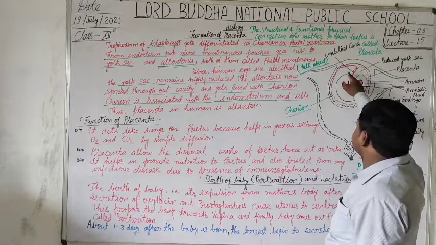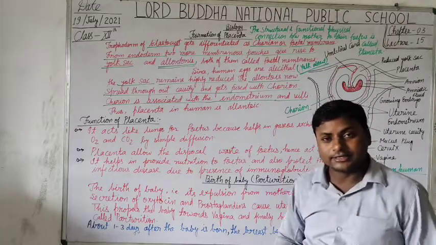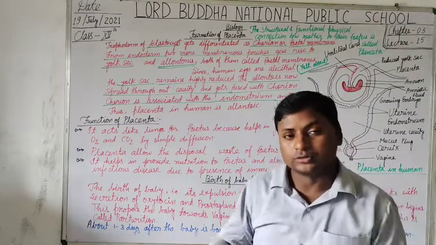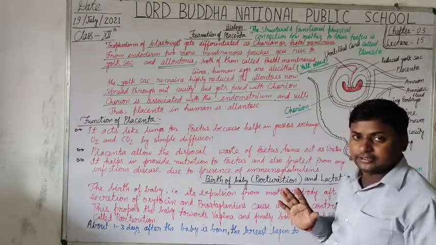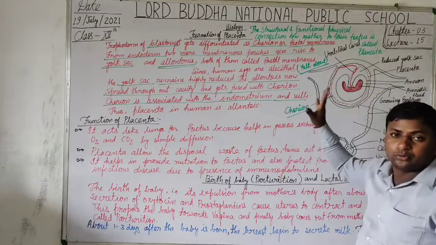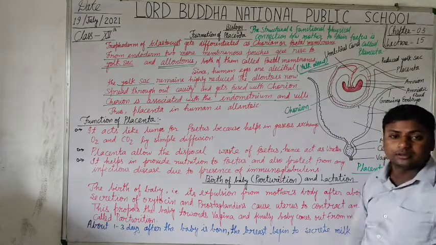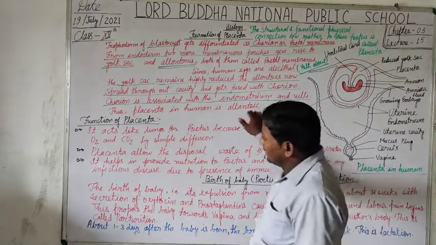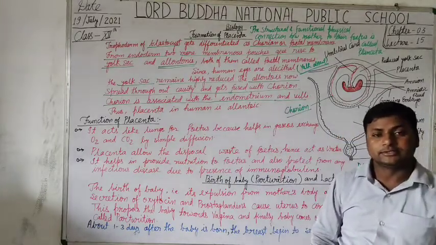Okay, and this is the umbilical cord. The umbilical cord helps in the transport of all the essential things as well as the waste matter outside, through the amniotic fluid. Is that clear? It means this is the physical connection between the mother and the fetus, that is called part of the placenta, the umbilical cord. Thus, placenta in human beings is allantoic. Is that clear?